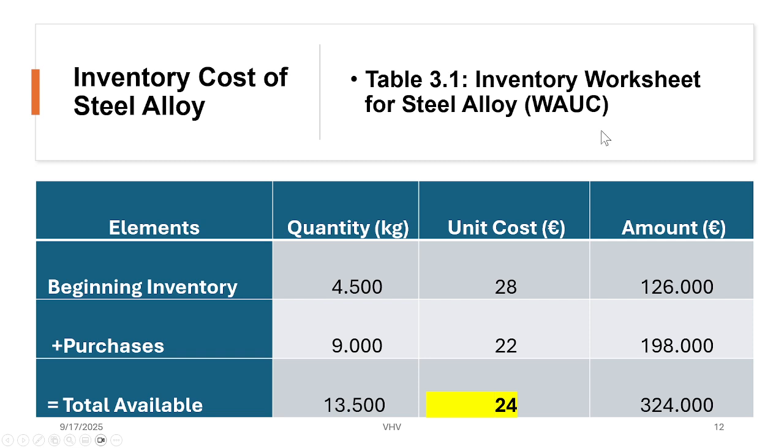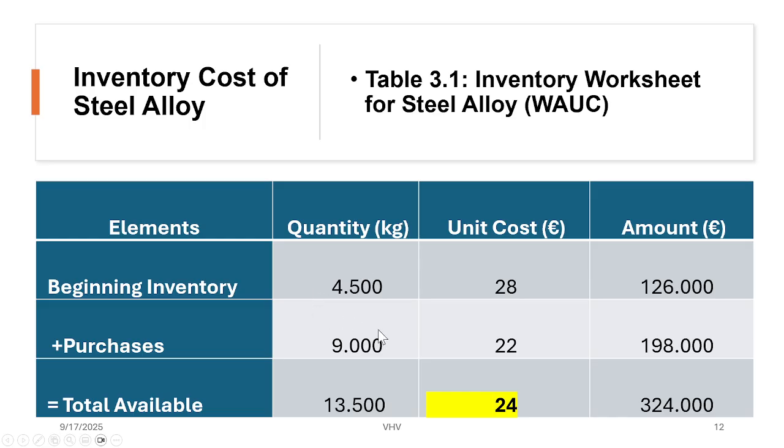This method averages the cost of our beginning inventory with the cost of our new purchases, which smooths out price variation. The formula is the total value of inventory at the beginning plus the purchases, divided by the total quantity. We started with 4,500 kilograms in inventory at the beginning,